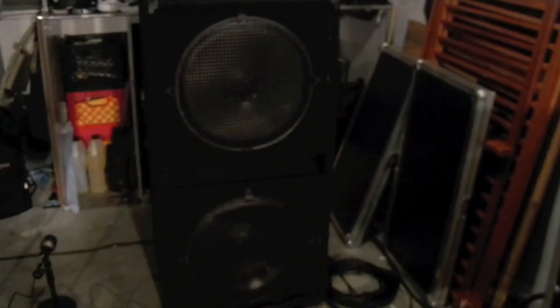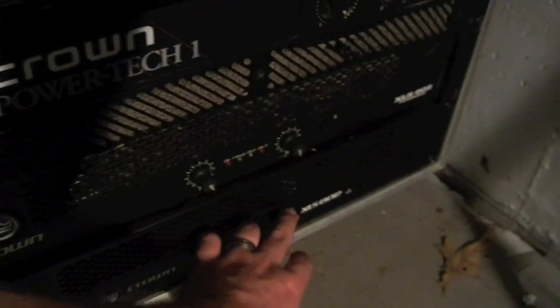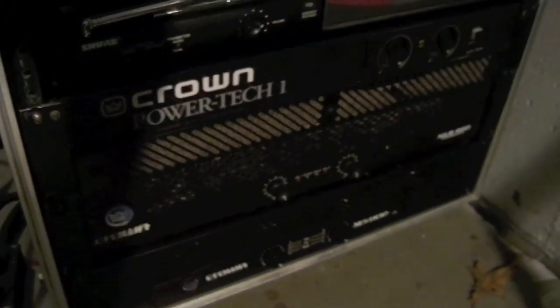Same thing with your subs. You hear a lot of people talking about bridging subs, and basically that is where you take the amplifier and it'll have a bridged mode, and it'll show on the back usually what it can do in bridge mode. It'll give a wattage rating and an output for what it can do, and it's usually 4 ohms bridged. Basically what bridged means is it's taking channel 1 and 2 of your amplifier. So you see down here you have channel 1 and channel 2, or it might be A and B, and it's taking the power of both of those and combining it into one output